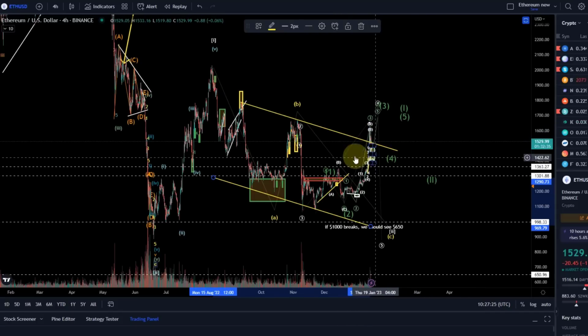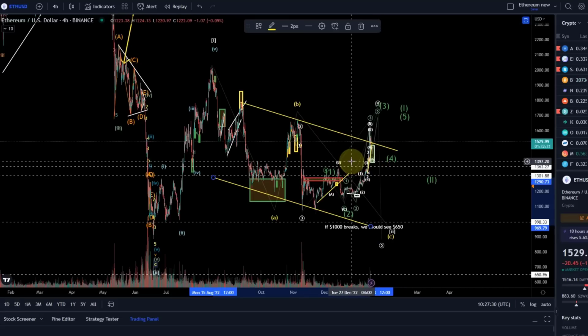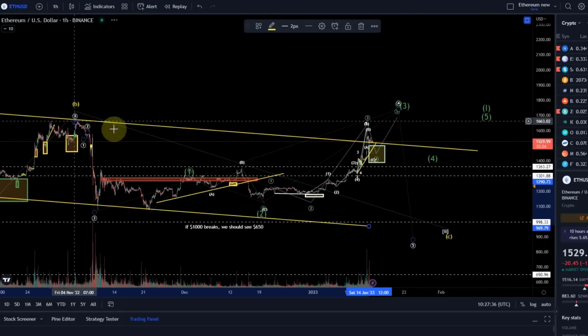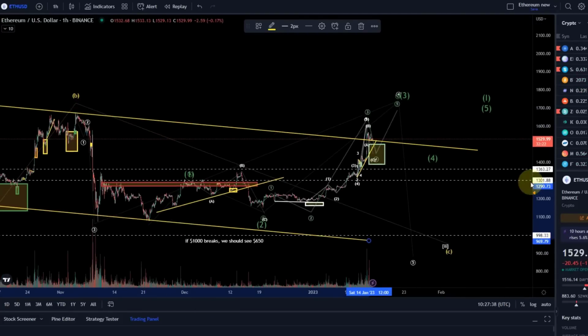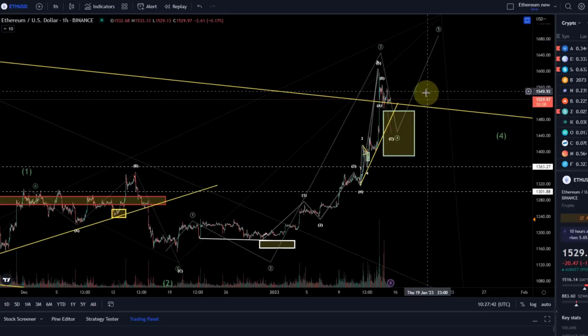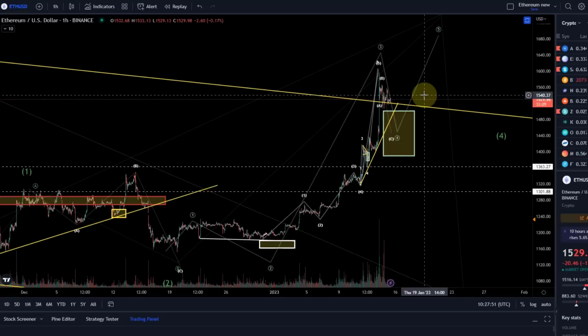So there is no guarantee. I always have to say that there is no guarantee that the market does anything, because a lot of people think there is absolute certainty. No, there is no certainty, and nobody can change the market. The market makers can shift the market into certain directions, but I of course can't. And I'm not making a trend here, so there is not a guarantee that we actually eventually will go into